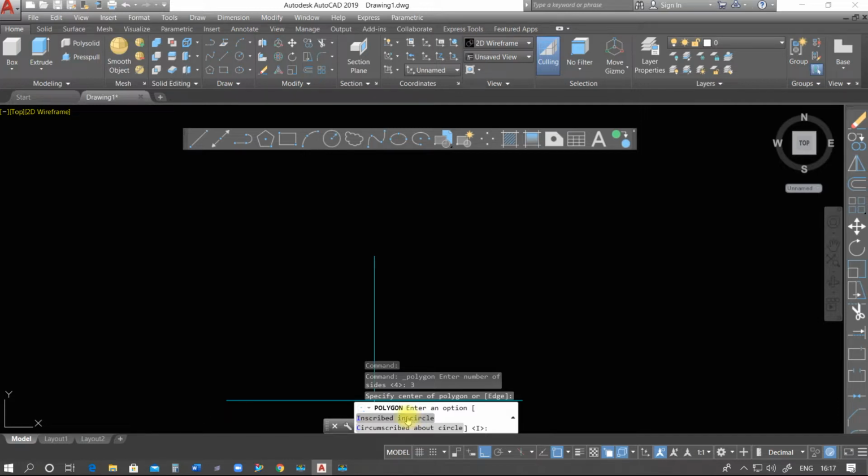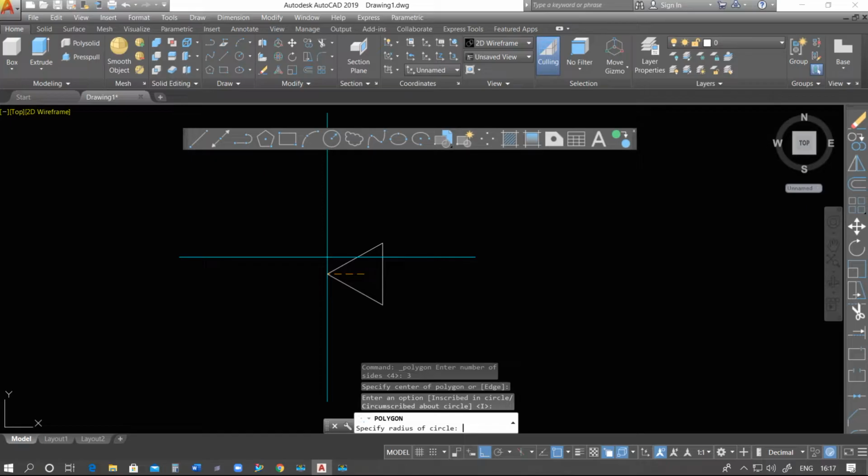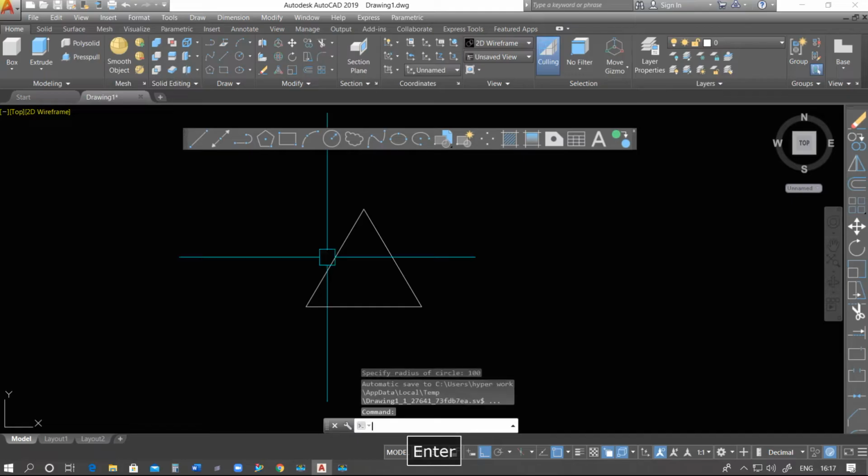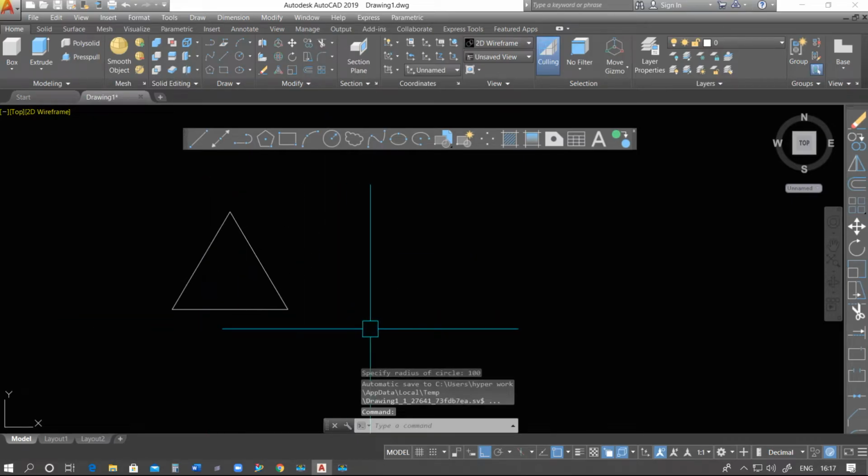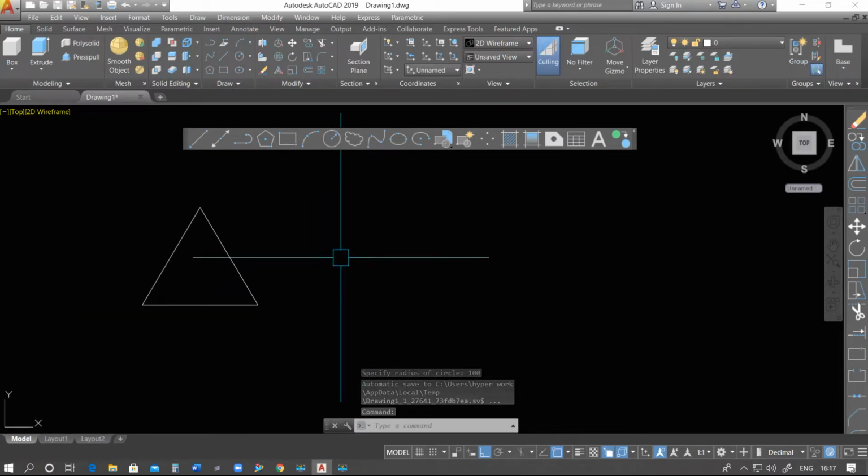For these two options we need a circle, but there is no circle, so we will do that next. So let's pass this through with the enter button. Now specify radius. It should be 100. Yes. See, we have a triangle, an equilateral triangle.